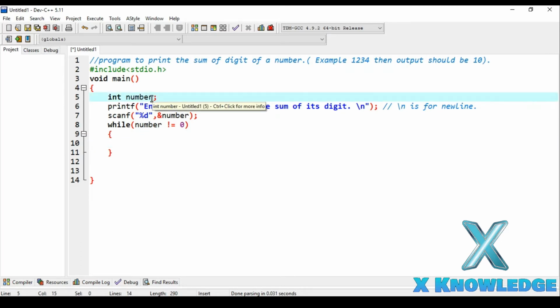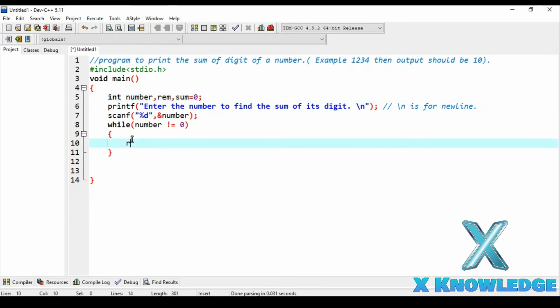But before that, let's define some variables. So I will be defining a remainder variable. This variable will store the remainder of this number divided by 10, that is number modulo 10. The modulo operator gives us the remainder, and the div operator gives us the quotient. If you don't know this, please watch my video. I will provide the link in the description below. Get an idea of how these two operators work. And we will also define a sum variable, and in this variable we will store the sum of digits.